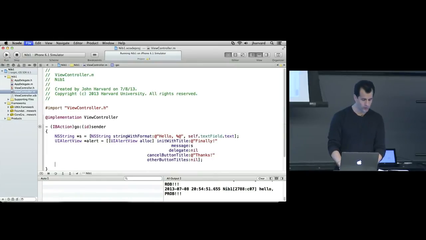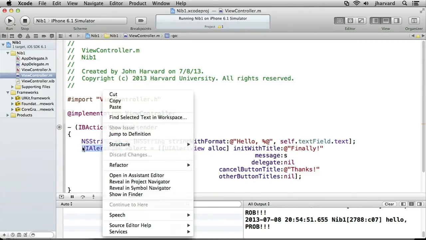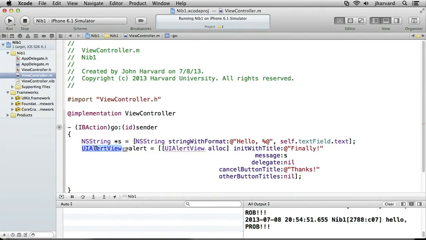All right, now what do I want to do? I don't know. I don't remember, but no problem. I know I have a UI alert view object. I'm going to go ahead and click Option, get the question mark,